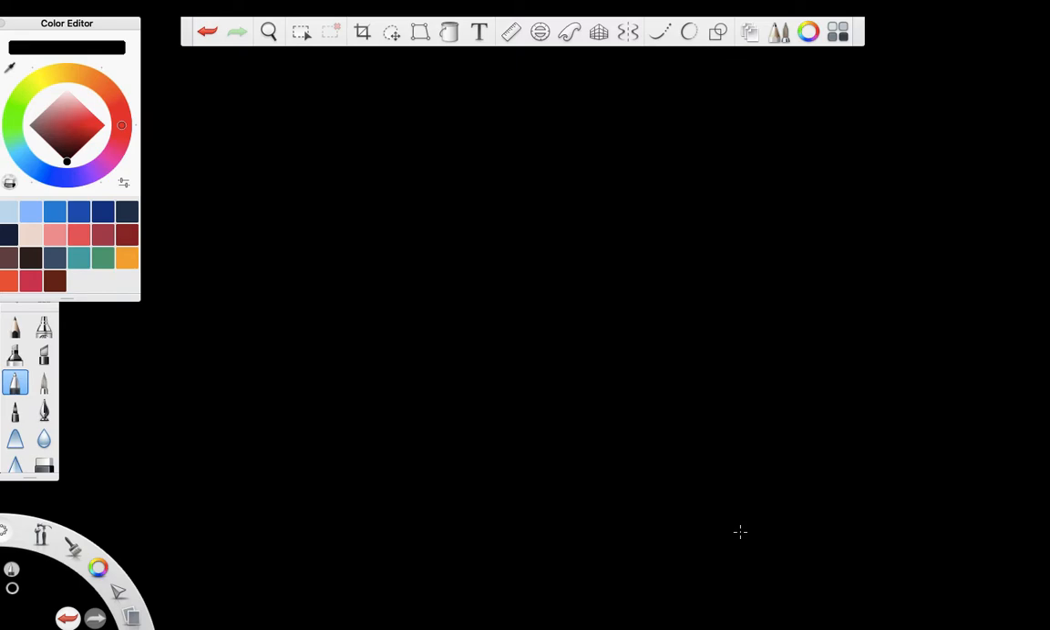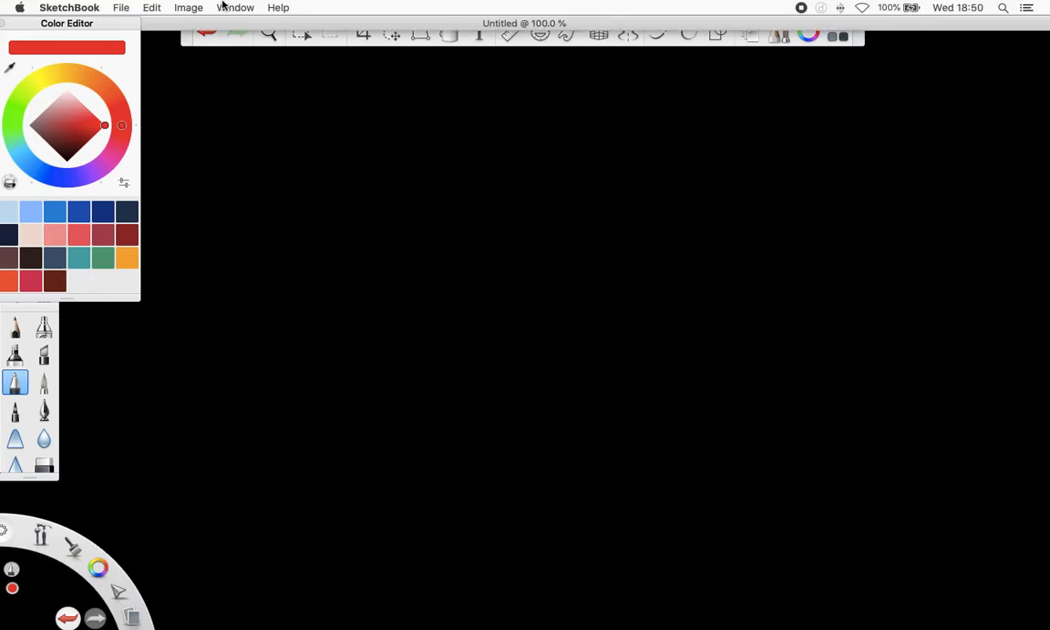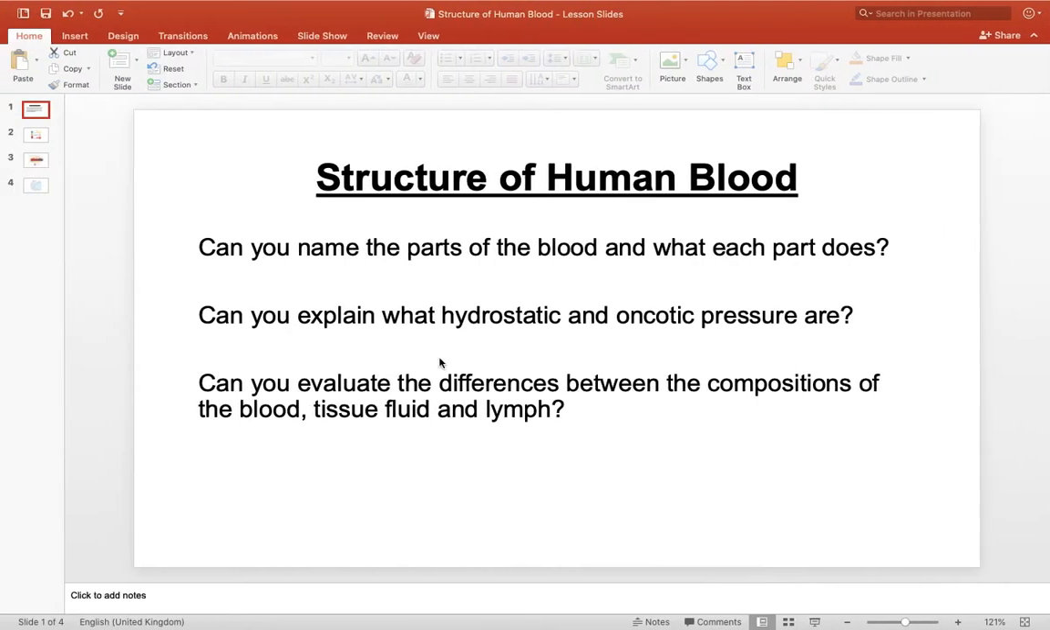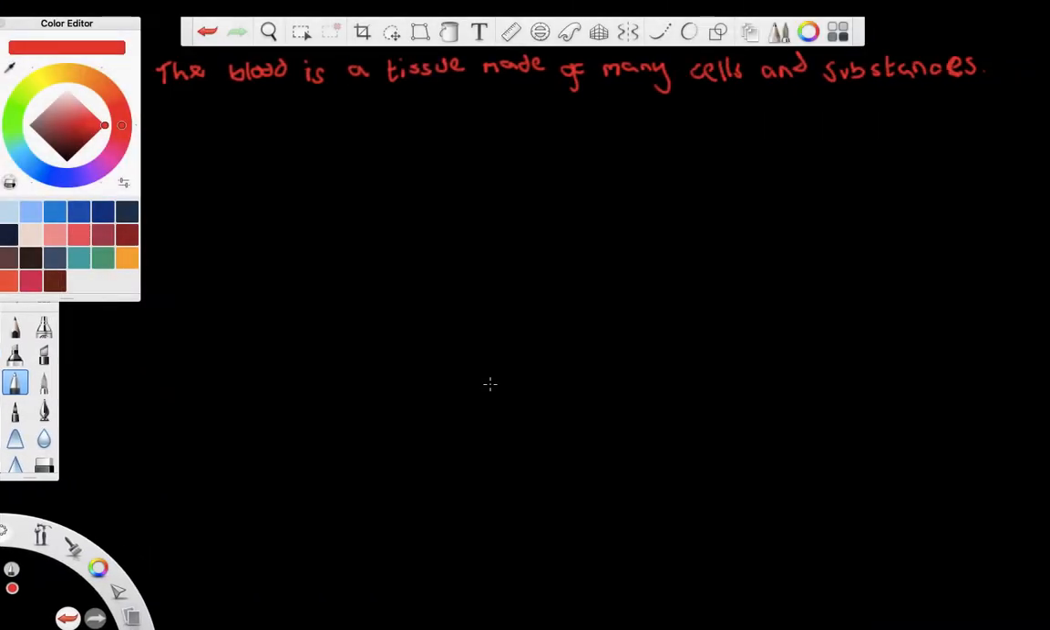So first things first, you need to understand, and I'm going to put this in red because oftentimes it's forgotten, that the blood is a tissue. It's made up of lots of cells and lots of substances. So the blood is a tissue made of many cells and substances. Now the blood consists of multiple parts, and if we spin blood through a centrifuge, we would get